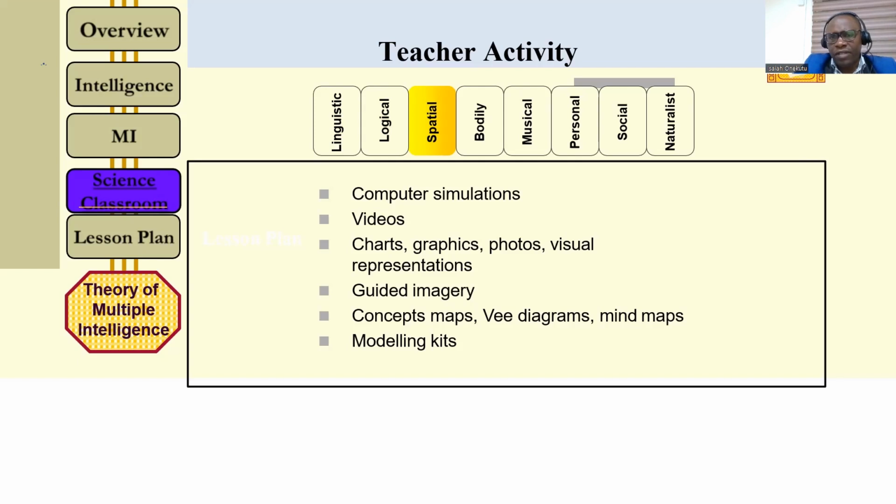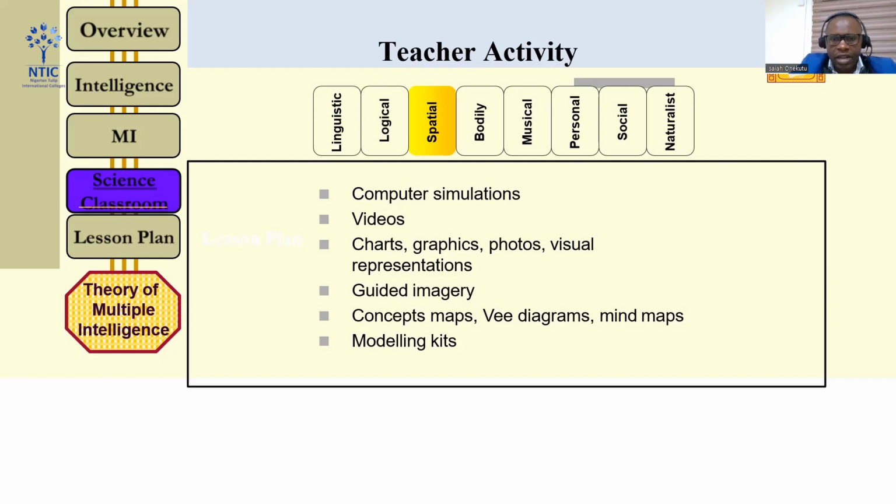Of course, we have different kinds of learners. We have the kinesthetic learners, we have the visual learners, and we have the auditory learners. There are some who, by mere listening to what the teacher is saying, grasp and understand what he is saying. But there are others who prefer to see what you're telling them. And there are other categories who want to carry out whatever you have said, they want to practicalize it. So if you encapsulate all of these into your classroom, you're going to be a great teacher.